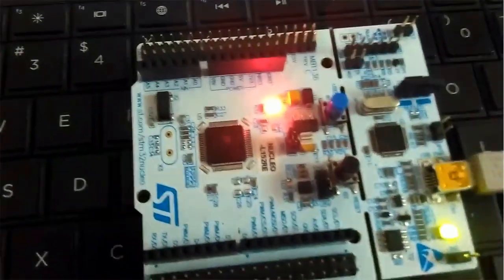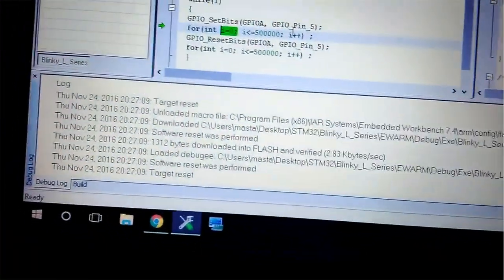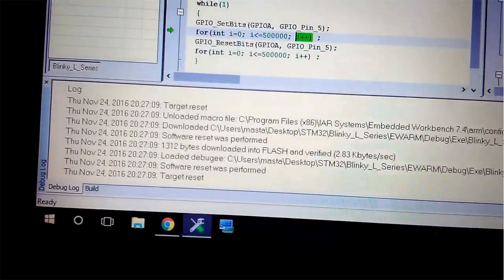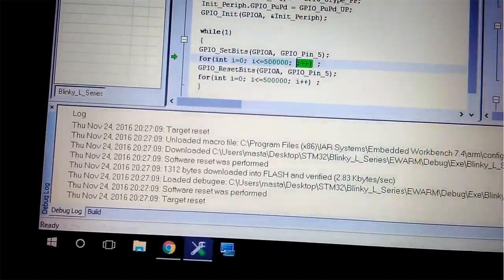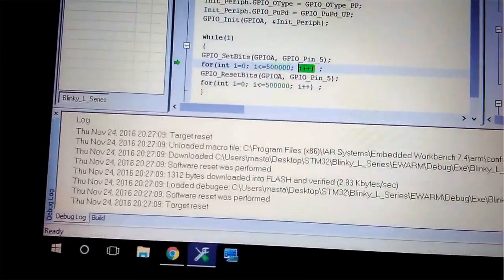So let me step over once more, and yep, the LED is glowing. Now I cannot press 500,000 times, because if I press every time, it will run this loop and it will always be inside this loop, as you can see, and it is increasing one by one, but it will do it for 500,000 times.